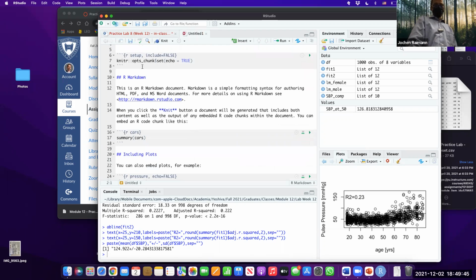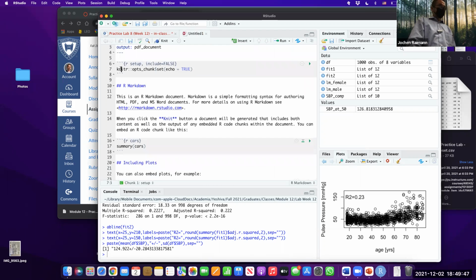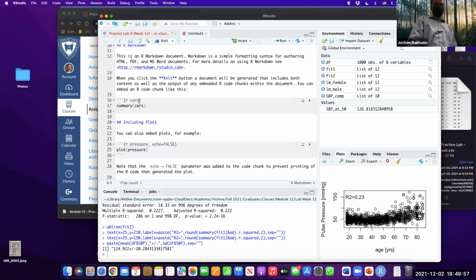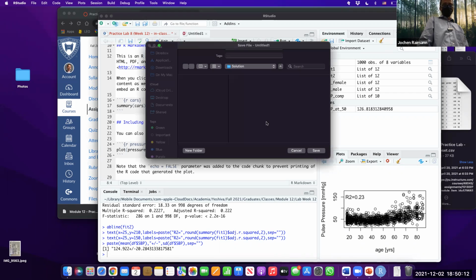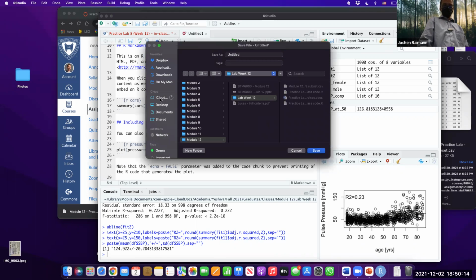But if you have here a document, you create these little chunks where you have your formula in it. And you can execute this. When you do include false, it will not show. And then you can here write, and you can do another function, and there you just show the result of your regression model. You can include plots. And now down the road, the only thing you need to do is knit the whole thing. And once you knit it,